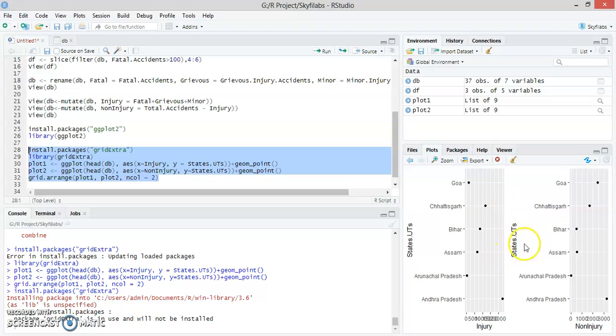Now over here we can see that the injuries are shown in this particular graph and non-injuries are shown over here. You can see that in Goa, the number of injuries is less, and among the accidents, the number of non-injurious accidents is larger compared to the number of injurious accidents. In Chhattisgarh, the number of injurious and non-injurious accidents is approximately the same. In this way we can analyze our data, find some meaning in the non-meaningful data, change the colors of the graph, or use a bar graph, and this is all about our mini project.